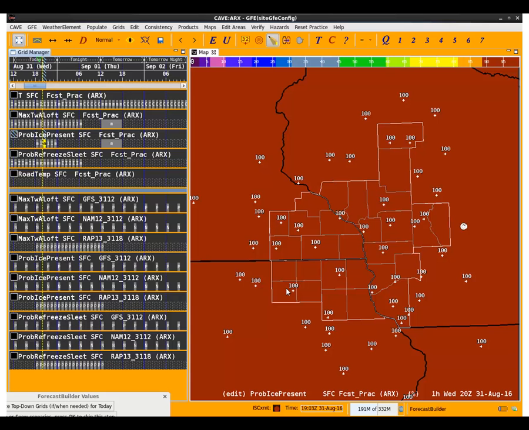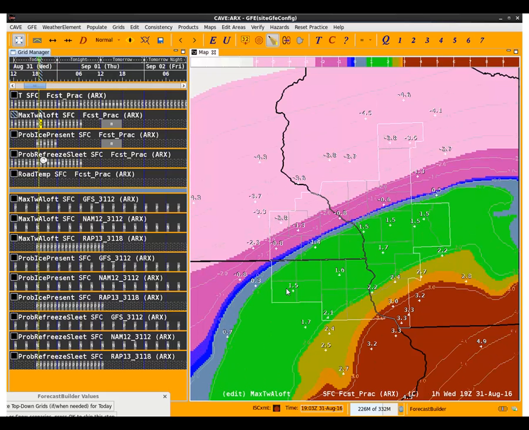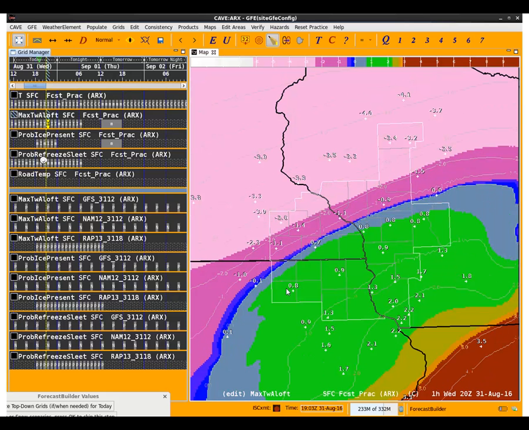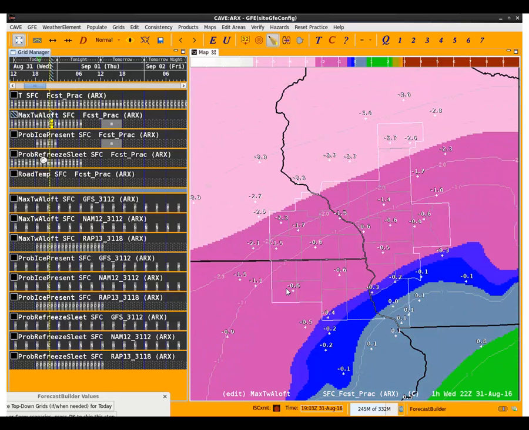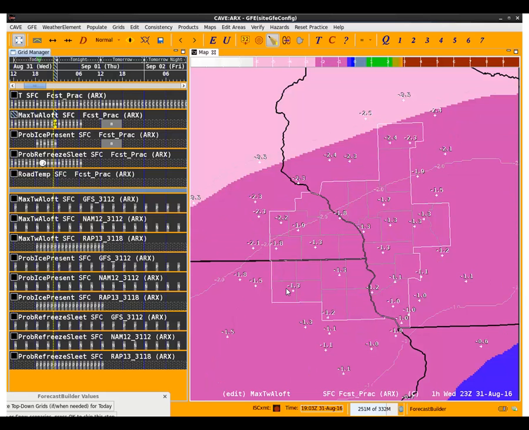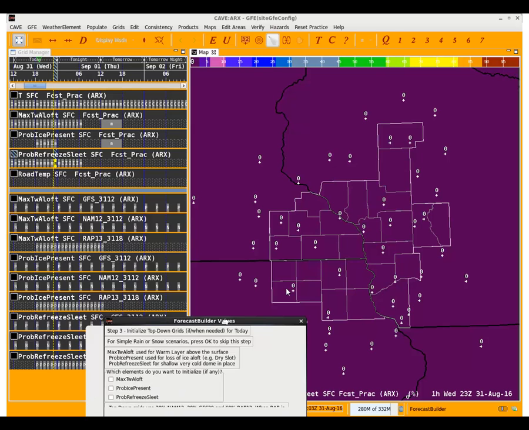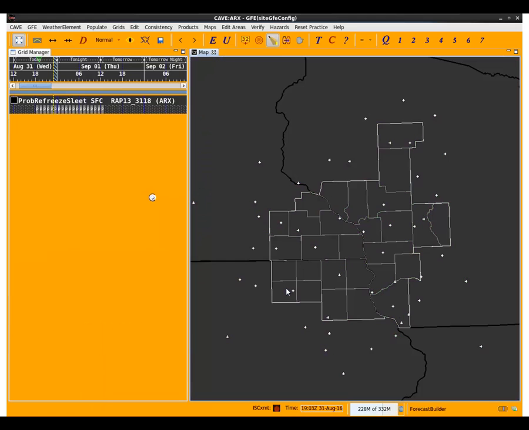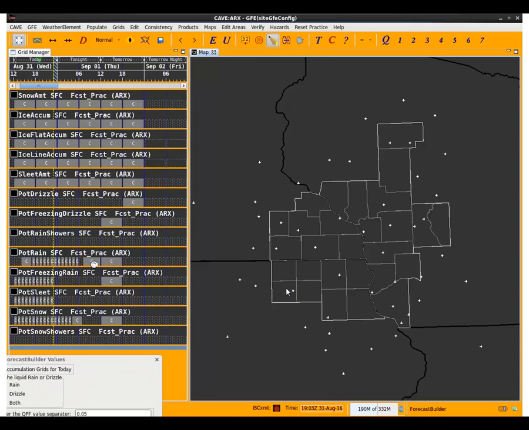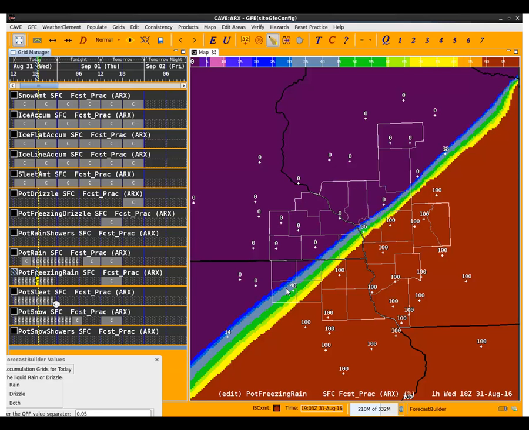So we basically made 2 grids and just interpolated those. It is in a scenario where the max T aloft is above 0, but also cooling. So instead of a liquid solution now, we'll see some of the different types, especially snow, make its way into the forecast. There is no probability of refreeze sleet grids, or at least they're there, but there's no probability that's above 0. So let's just click on stratiform and rain. Let's look at what the probabilities look like before. You notice the freezing rain scenario here. This is what we've got for this scenario, and then